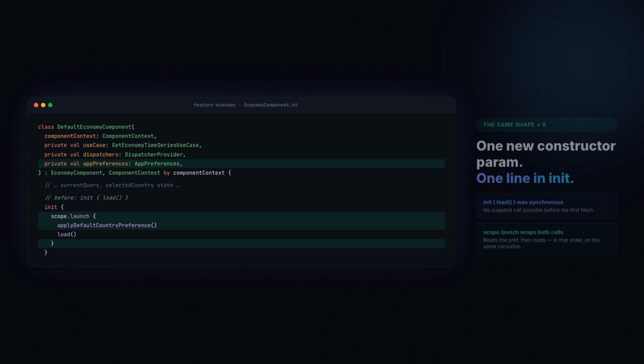The interesting change is in init. Before this commit, init was a single line. Init calls load, synchronous, no room for a suspend call before the first fetch. Now init wraps both steps in scope.launch. First applyDefaultCountryPreference, a suspend function, then load. Because scope.launch runs on the same coroutine sequentially, the preference read is guaranteed to complete and mutate component state before